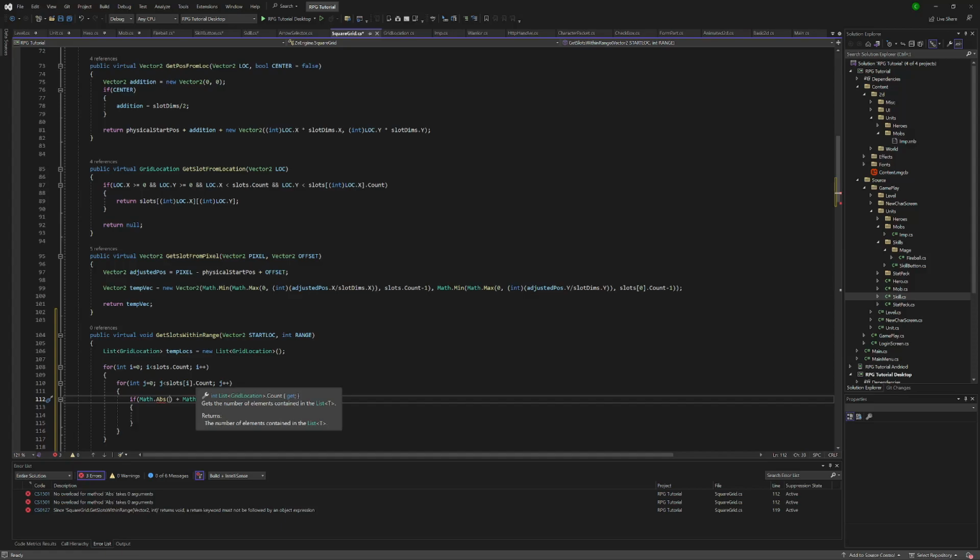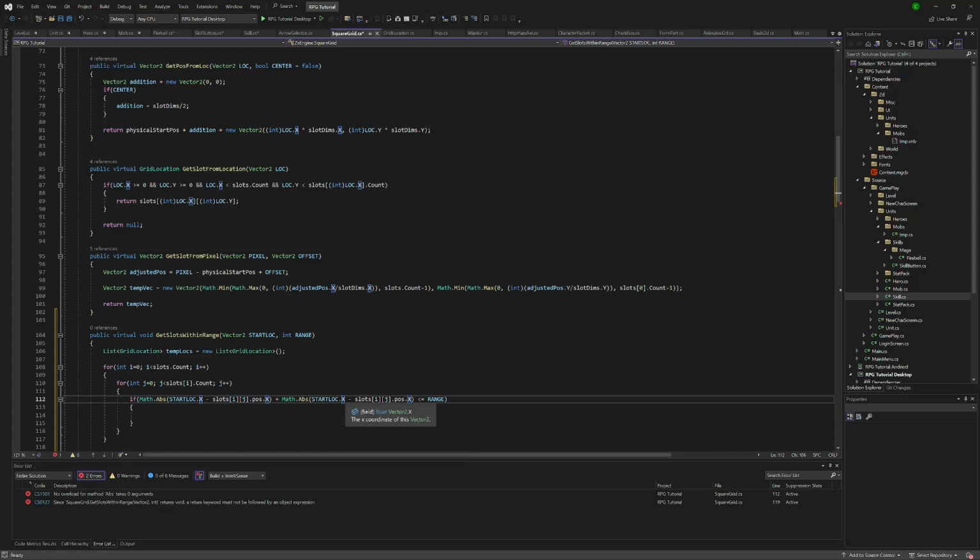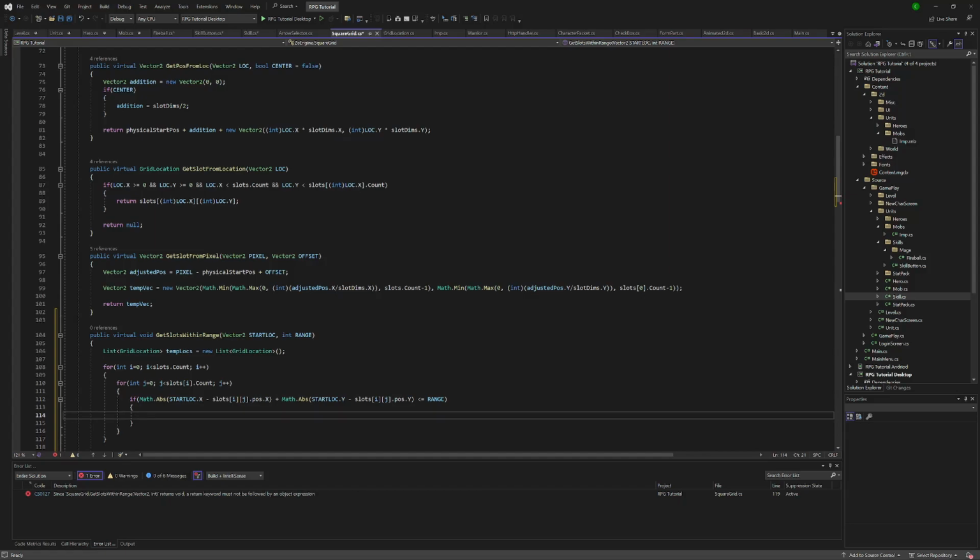What are we checking against? So we have our start loc dot x, and then we're going to subtract the slots dot pose dot x. Oh, I forgot our pose is not set up properly, and so I will get to that in just a second. So this will be the difference. This is not set up, so we'll fix that in a minute. Okay, copy paste this into here, change out to y, and then if we're there, we say just temp locs dot add, and then we're adding the slot, which is this right here,